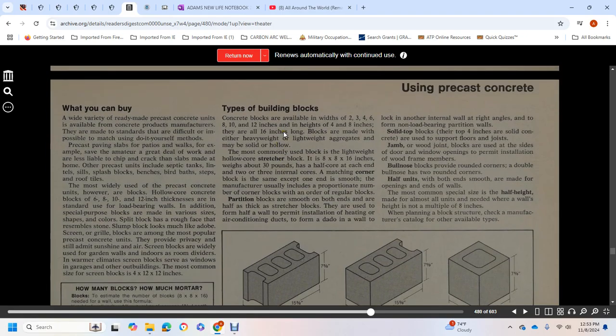Using precast concrete. You can buy a wide variety of ready-made precast concrete units from concrete product manufacturers. They are made to standards that are difficult, if not impossible, to match with the do-it-yourself method. Precast paving slabs for patio walks, for example, save the amateur a great deal of work and are less liable to chip and crack than slabs